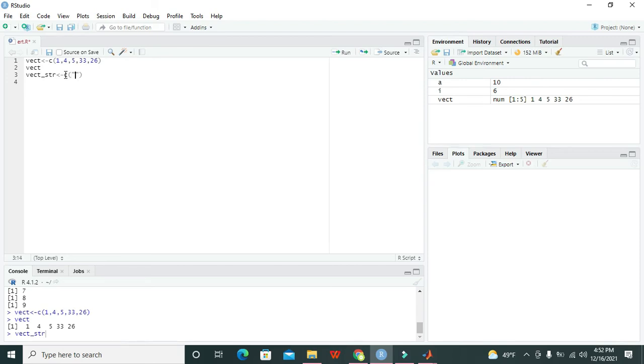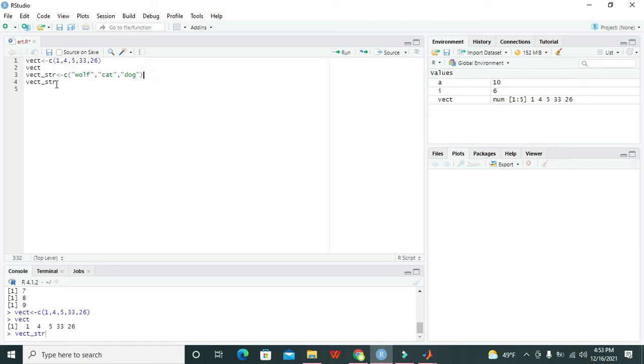This time we will write certain strings like dog, cat and wolf. So these are strings, we know that these are strings. Then we will see what we get. So this c combines all these components and makes a vector.